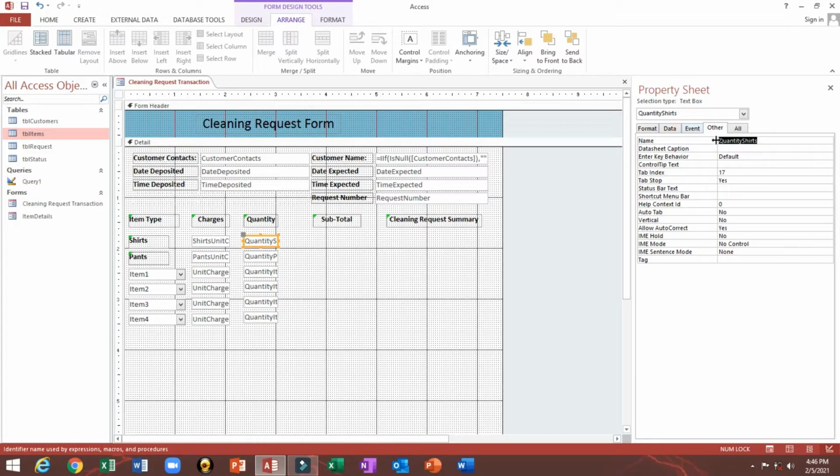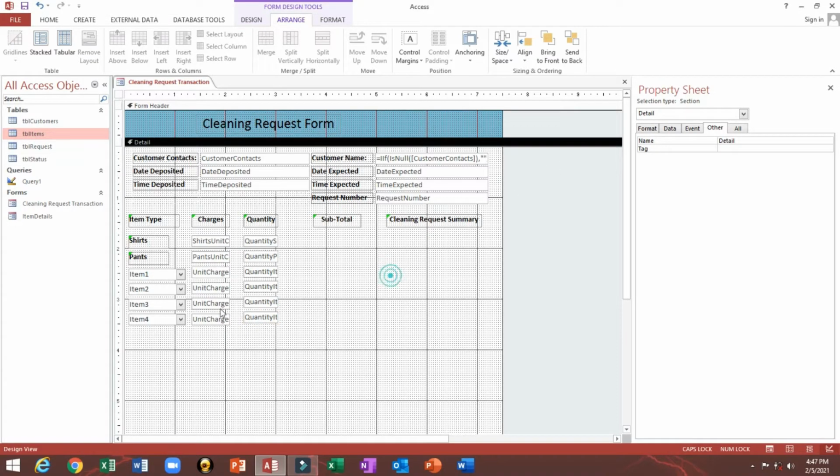So I need to put only Q1 here, then Q2 meaning quantity, Q3, Q4, Q5, and Q6. Okay,